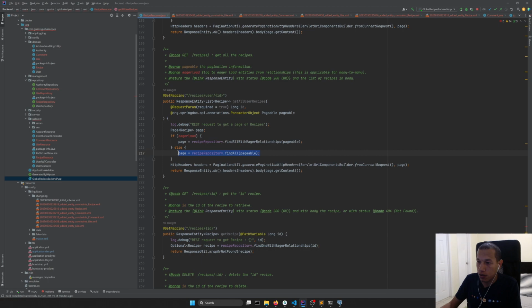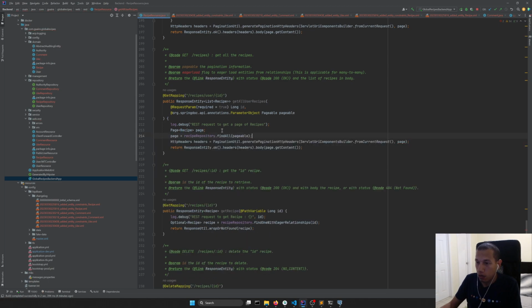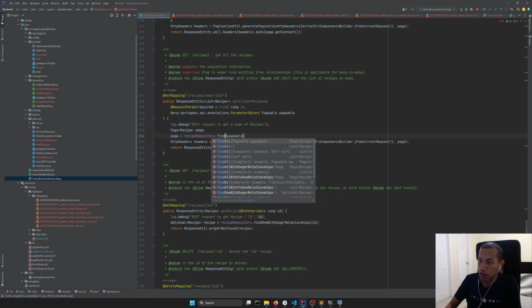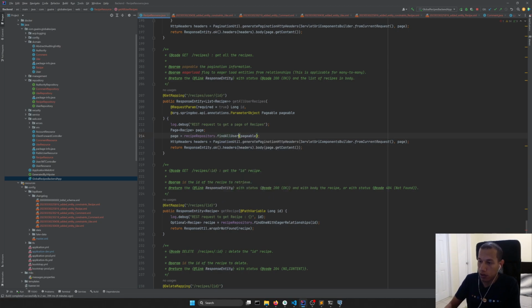We just use this. So instead of finding every recipe with this find all, we're going to create a new one that's going to be called find by user